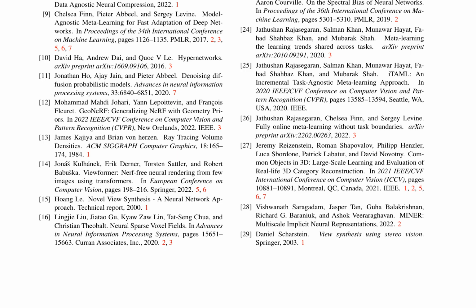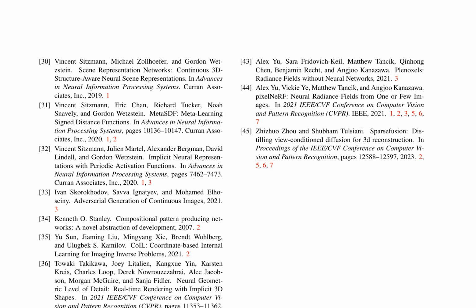The cited papers demonstrate the rapid progress being made in computer vision and machine learning, with a focus on developing more efficient, adaptable, and accurate models for image and scene understanding. The references provide a valuable resource for researchers looking to explore the current state of the field and identify areas for future research.